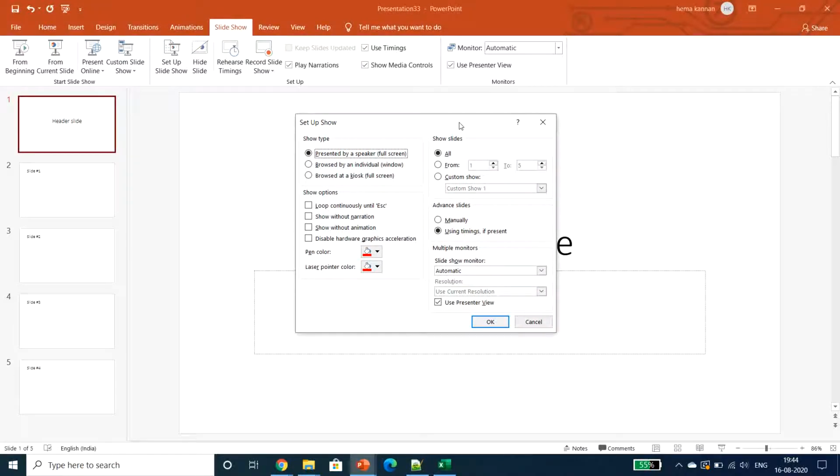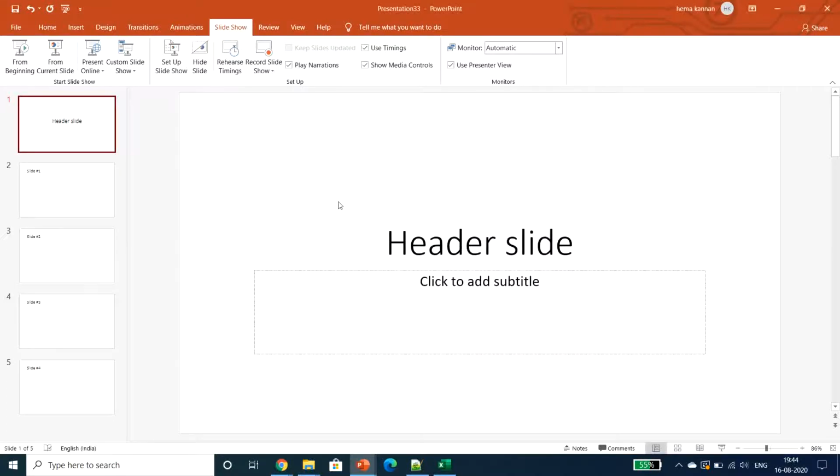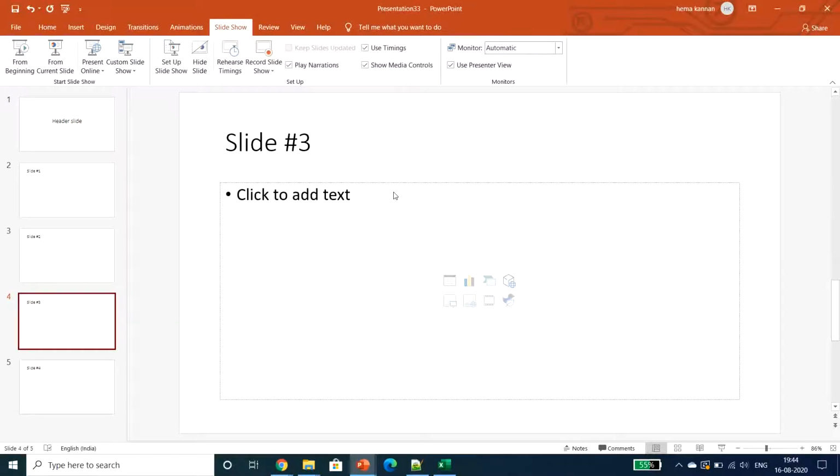In those 5 slides, I need to start from 2 to 4. OK. If I give OK and start my show from the beginning, as I have given 2 to 4, only the second slide, third slide, fourth slide and end of the show. So only 3 slides have been displayed.